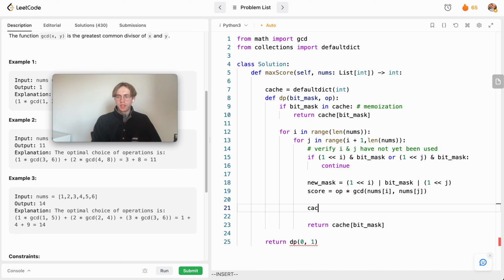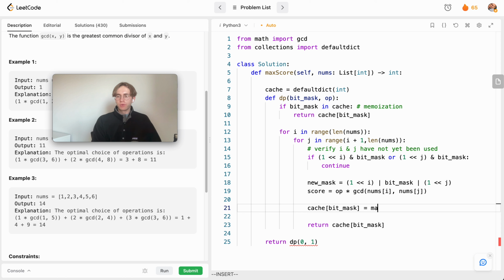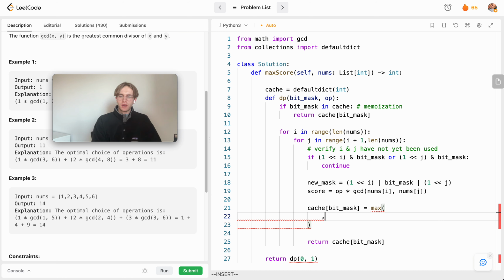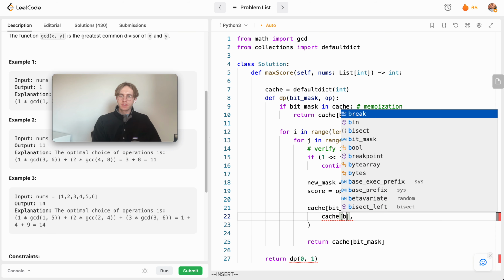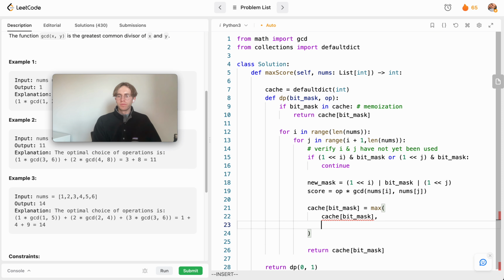So the cache at this bit mask is going to be equal to the maximum, since this is a maximization problem, of whatever's currently at this bit mask compared to the score added with the recursive call to our function here